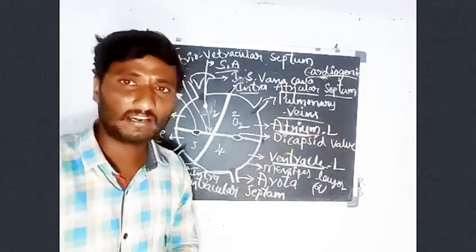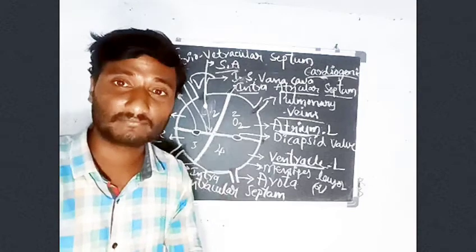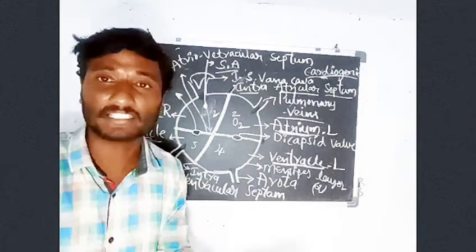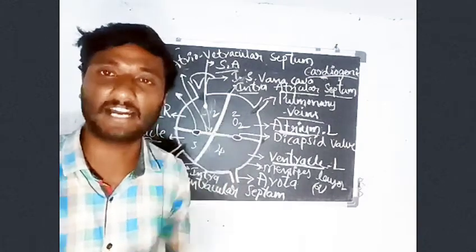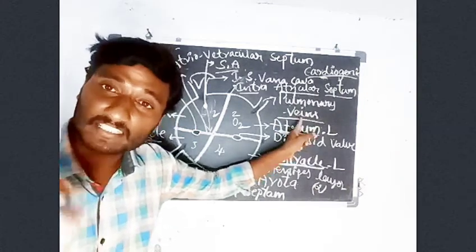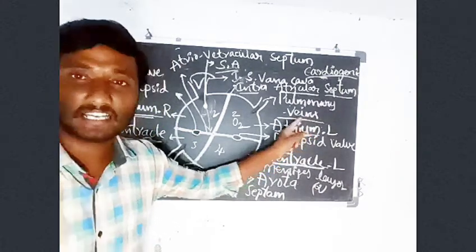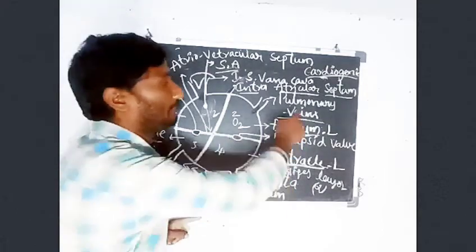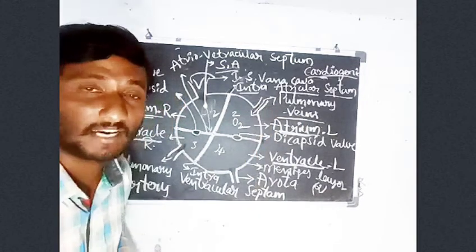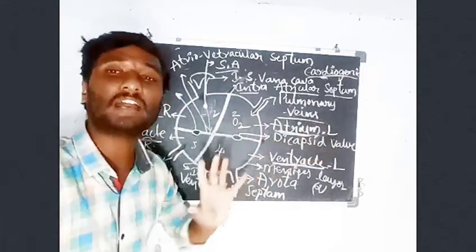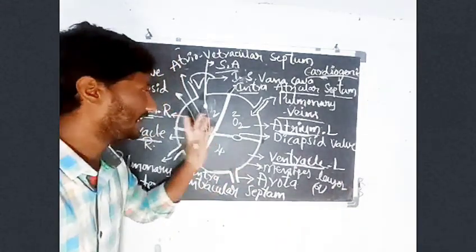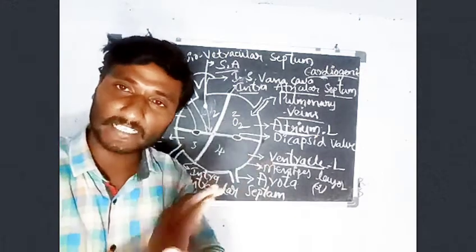Okay. Now, I am teaching about internal structure. I am not saying anything about the cardiac cycle or cardiac process. I am just saying about the structure of the heart. Remember it. So, the pulmonary vein is an important blood vessel in the circulation process. With the help of pulmonary veins, oxygenated blood enters into the left atrium. That's it. Left atrium and right atrium are completed.